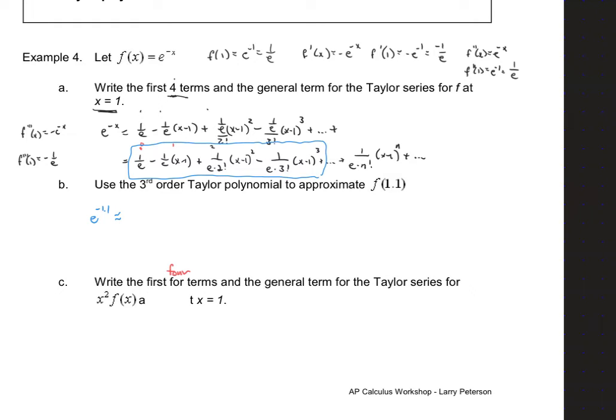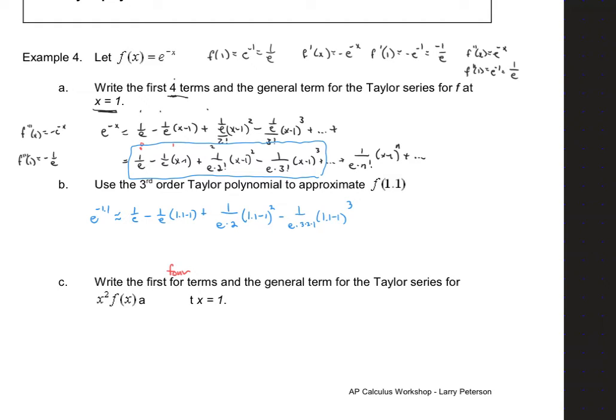This is going to become a calculator problem pretty quick, because we're going to get 1 over e minus 1 over e times 1.1 minus 1 plus 1 over e times 2 factorial, which is 2, times 1.1 minus 1 to the second minus 1 over e times 3 times 2 times 1 and 1.1 minus 1 to